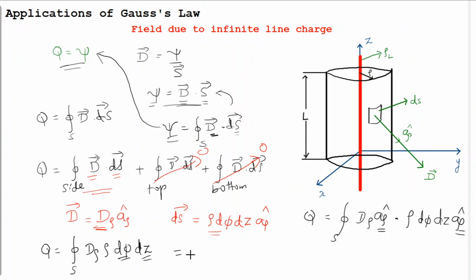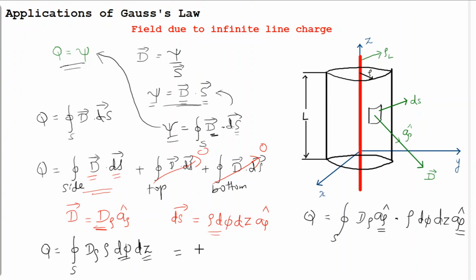Yeah, I have to evaluate only Q coming out of the cylinder. So dz is the variation of d rho along the height of the cylinder. Agree? I'll repeat: dz indicates variation of d rho along the z direction. So d rho can vary only from the upper part of the cylinder to the lower part of the cylinder. So d rho can vary only along the length L.